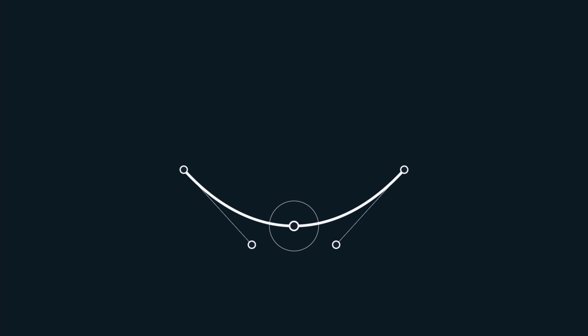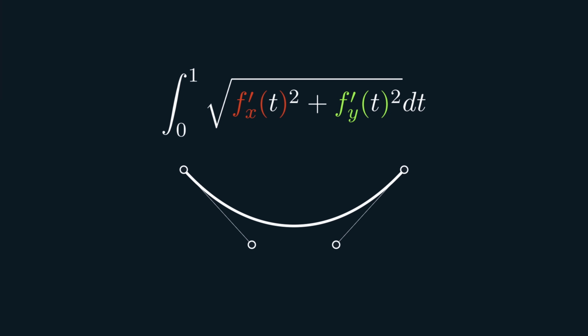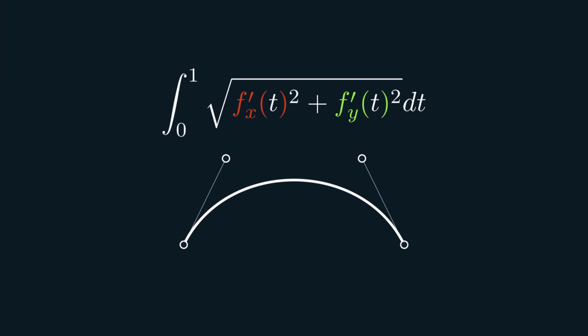So far, throughout this video, we've been working with t-values, a simple value from 0 to 1 representing where the point is along the curve. But how far has it actually moved? And for that matter, how long is this curve? What is the arc length of this curve? Unfortunately, this is where Bézier curves are less beautiful, because there is no closed-form solution to the length of a cubic Bézier curve. This integral is an elliptic integral, in other words, sadness and despair,